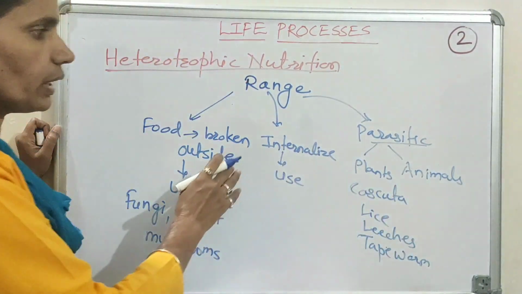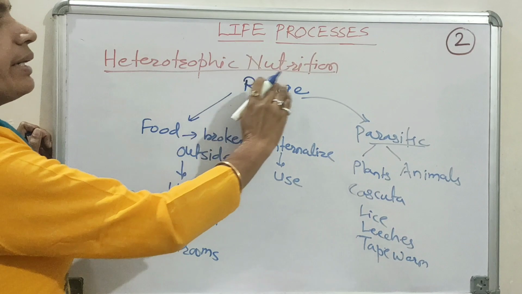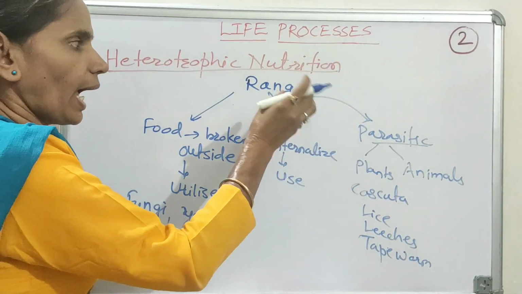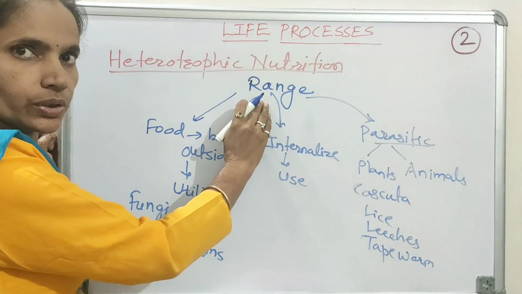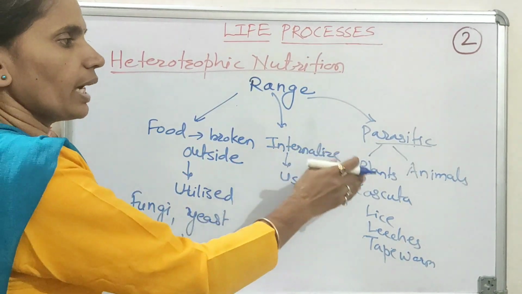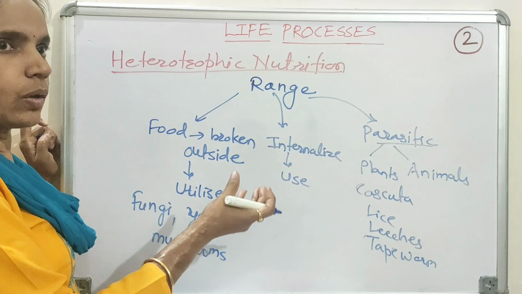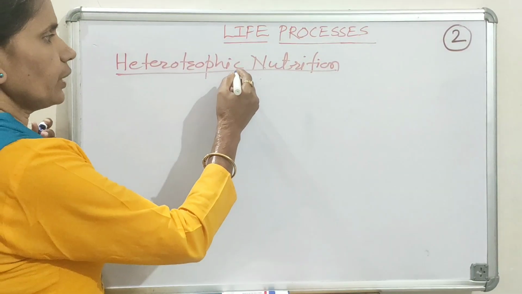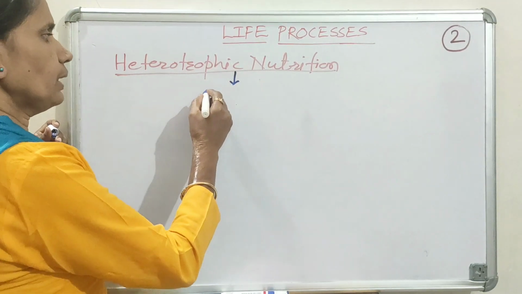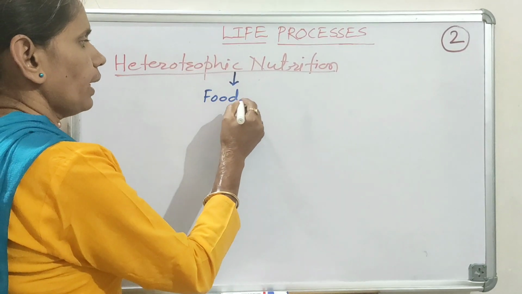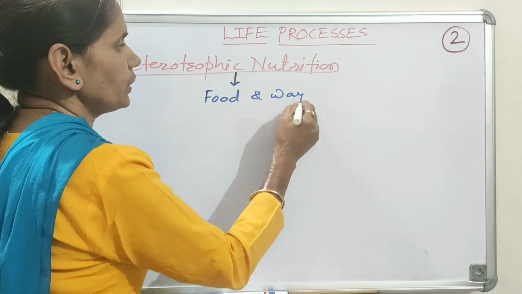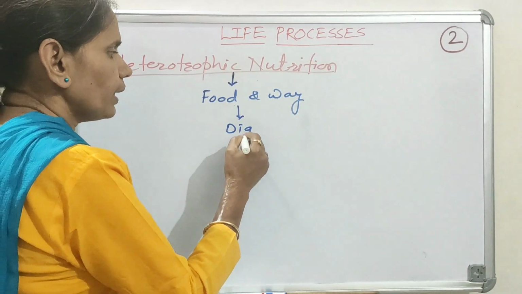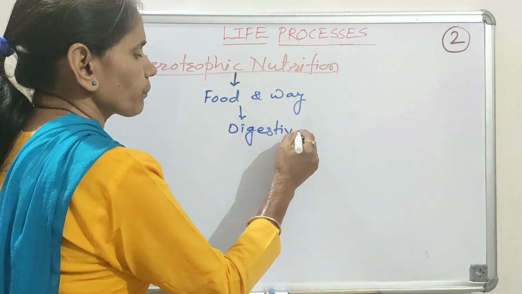So in short, we can see that there is a wide range of modes, approaches or strategies of nutrition by which organisms carry out the internalization or taking up of food and its further utilization. Different heterotrophs differ in their type of food and the way by which they utilize it. As a result of this, they also differ in their digestive system.